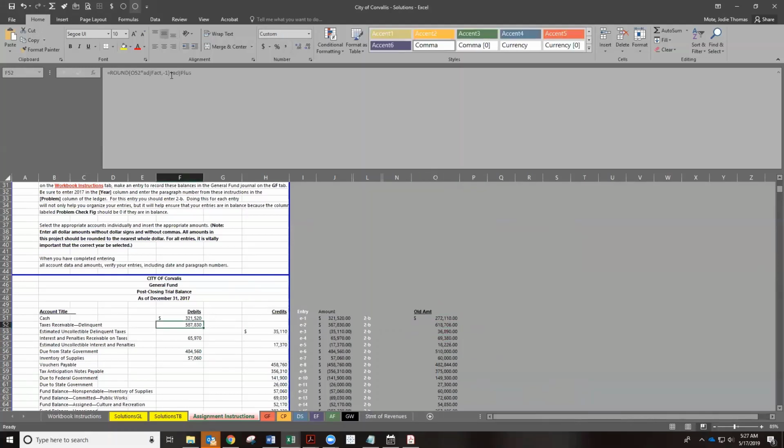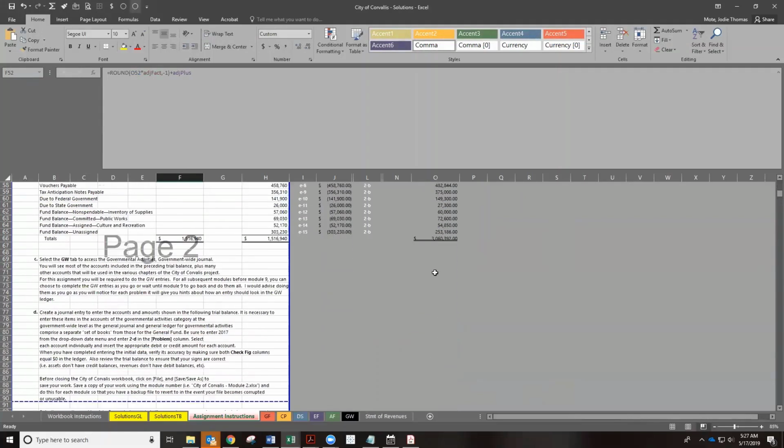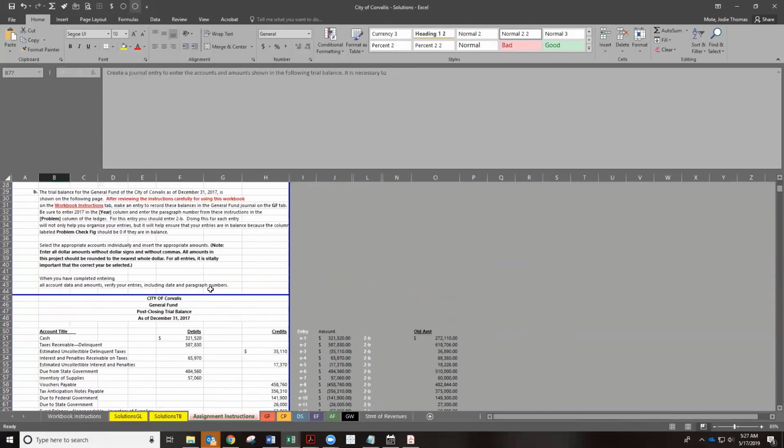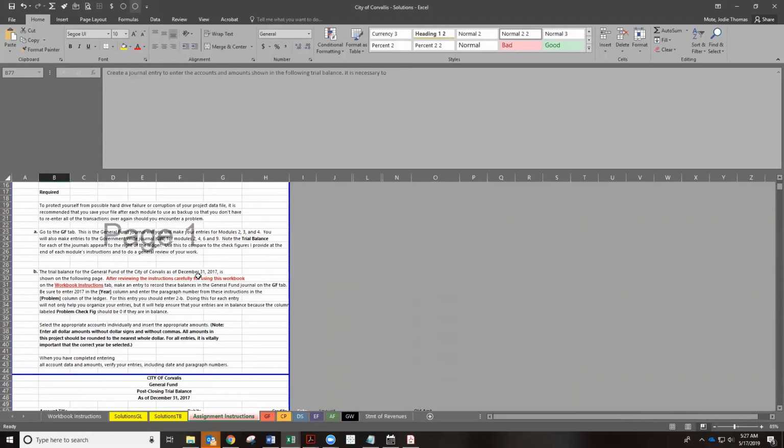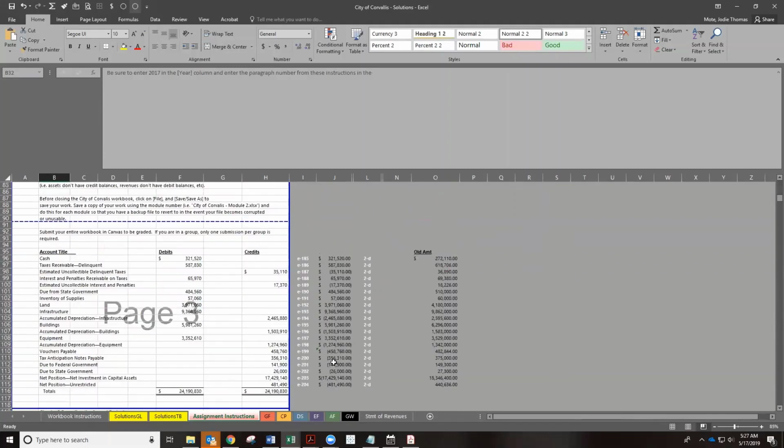So it's going to take the adjusted factor and add the adjusted plus, see here, to the old amount. All right, so that helps keep things mixed up, but anyway, that's not something that'll really help you in your accounting career. But all throughout here, one other thing I'll show you on this is I concatenate. This will help you in accounting. If you've got a line of text that you want to also add a number to,